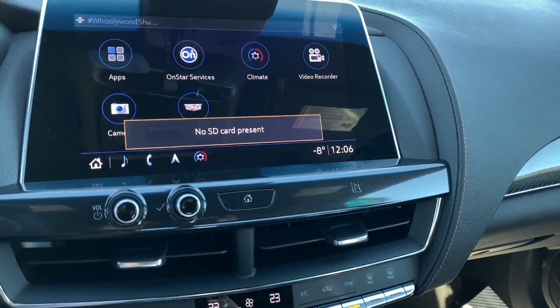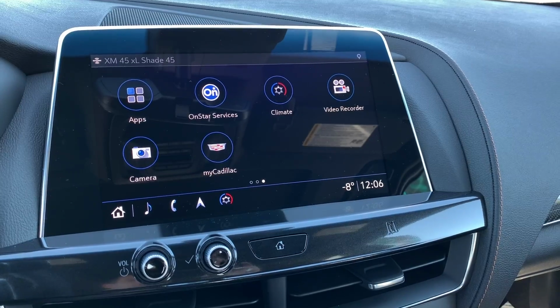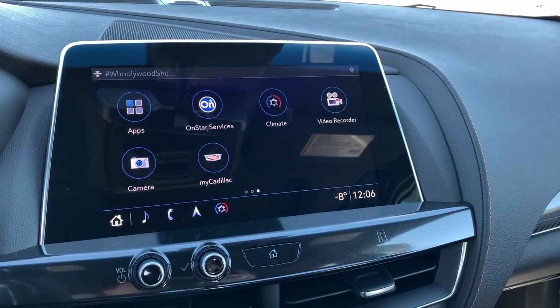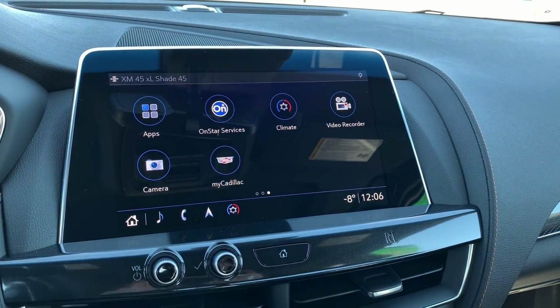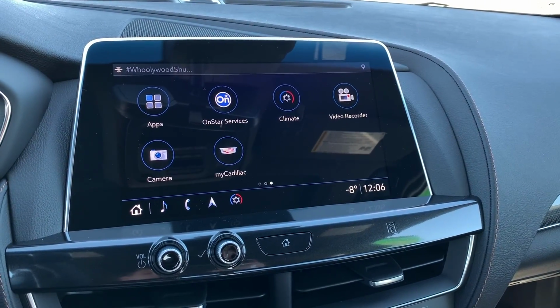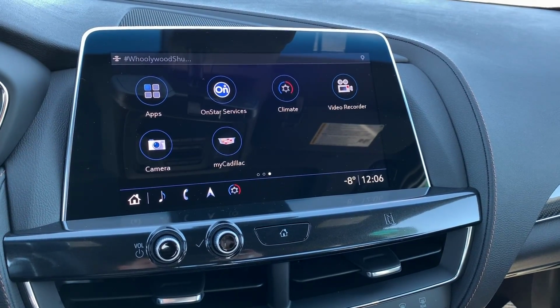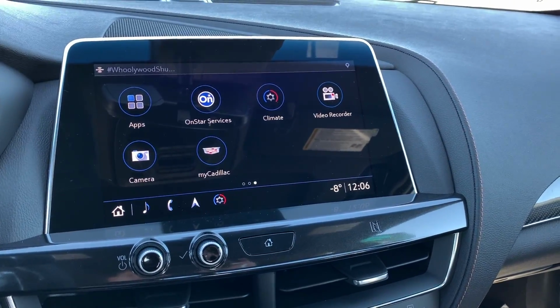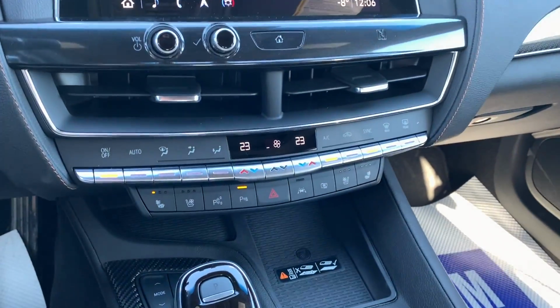Video recorder is a really great system. Because of all the cameras on this car, you've got the video recorder built in, so there's no need to have a dash cam, none of that. It's going to record every single minute of your driving throughout the day. As long as you put the SD card in there, you're going to have access to record everything. It's a really great thing for insurance purposes. You know, God forbid you were to get into an accident, it's going to be saved into the SD card